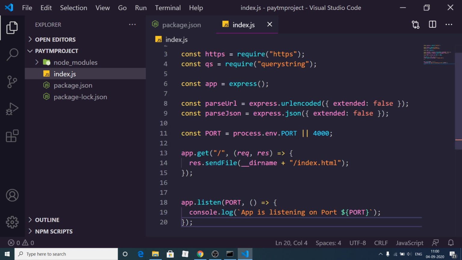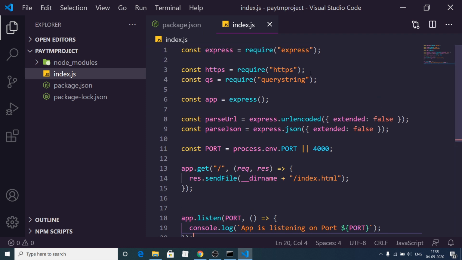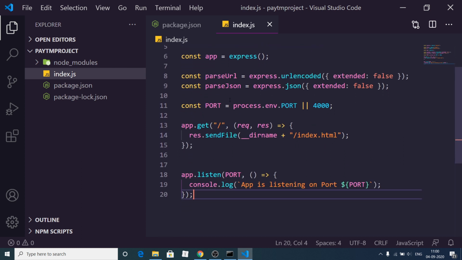So here we are requiring the HTTPS module, the query string module, and we are also requiring Express right here at the top. Then we are invoking a new app of Express. We are having these middlewares to parse URL and parse JSON. These are coming from express.urlencoded and express.json. Then we are making a port number 4000.